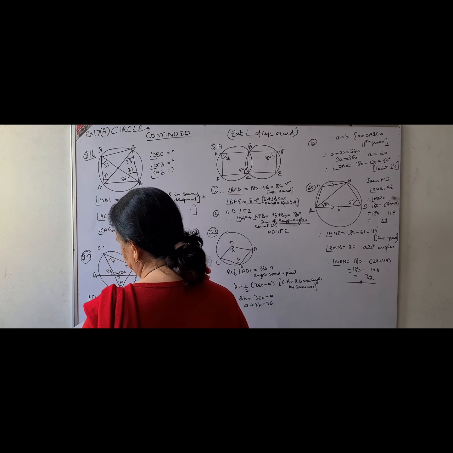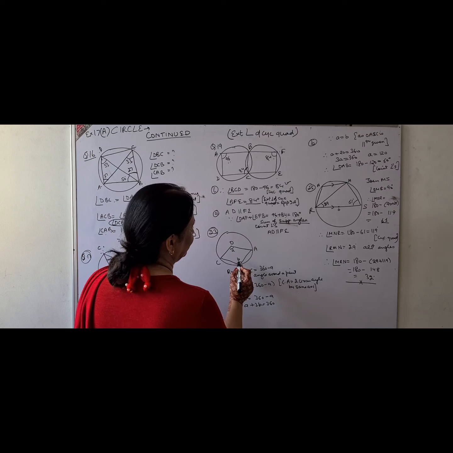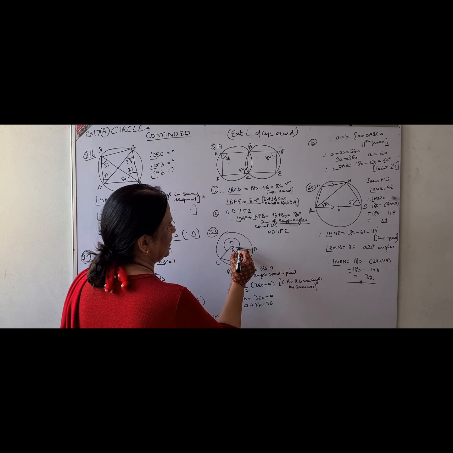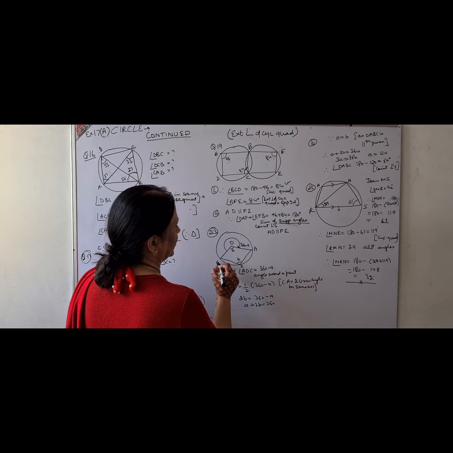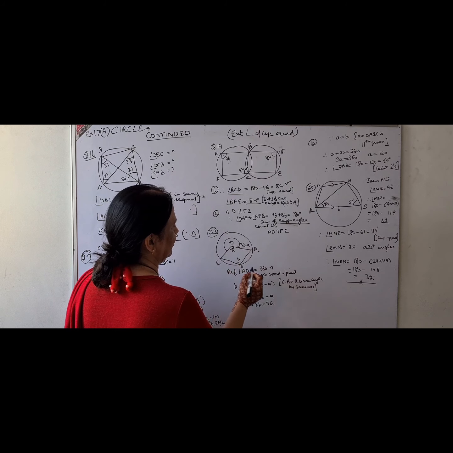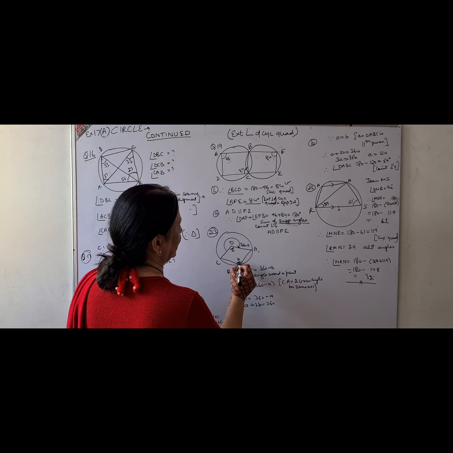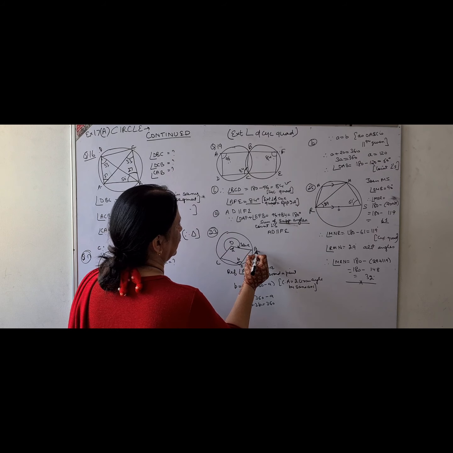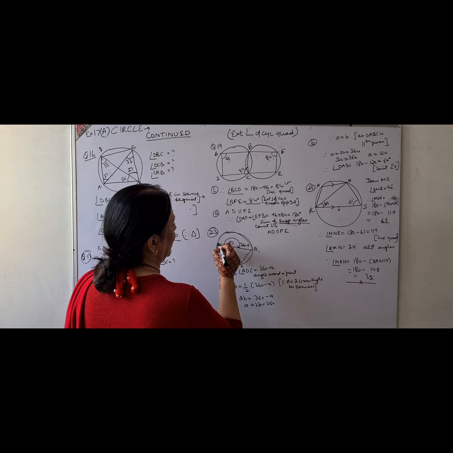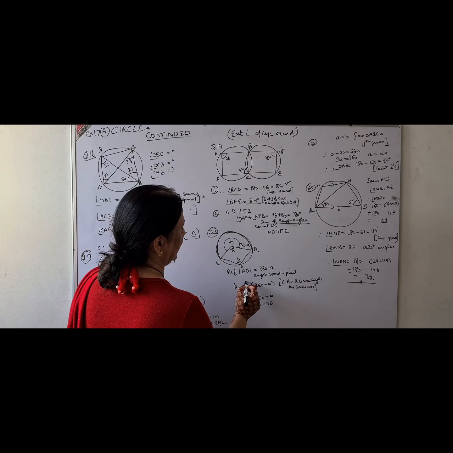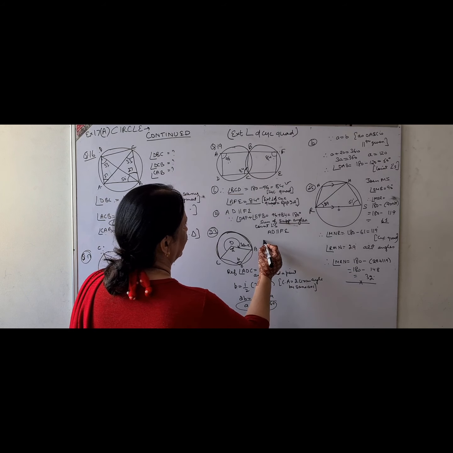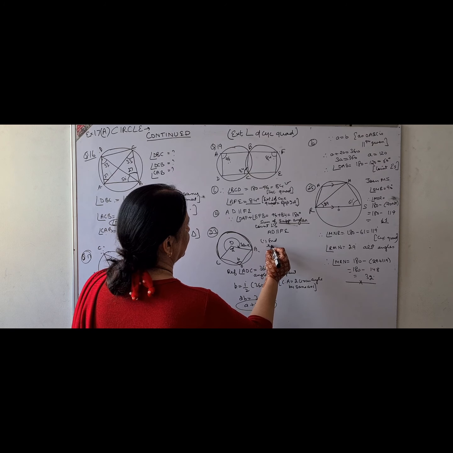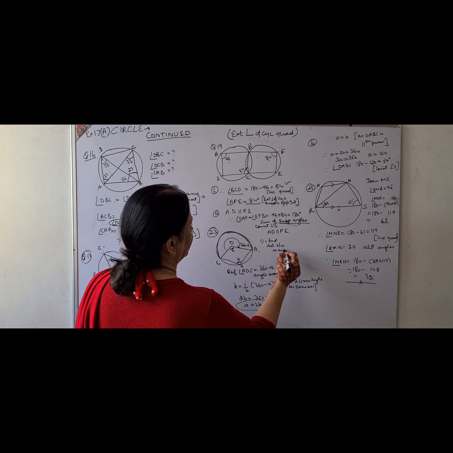Then moving to question number 23, again very simple. You have to find the relation between B and A. See, this angle will be 360 minus A. Angle around a point, you can say, reflex AOC, because AOC is the given angle A. So reflex angle AOC will be 360 minus A. Now you know that B is the circumference angle and AOC is the central angle made by the same arc AC, or you can say CA. So B will be half of 360 minus A, cross multiply, and this is your relation between A and B. And the first question was to find the relation between A and B.